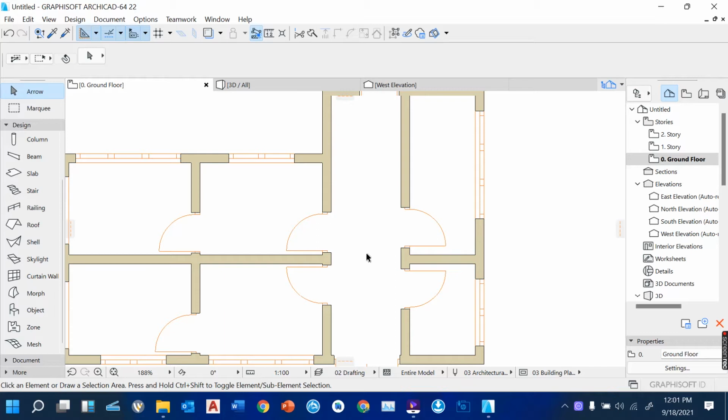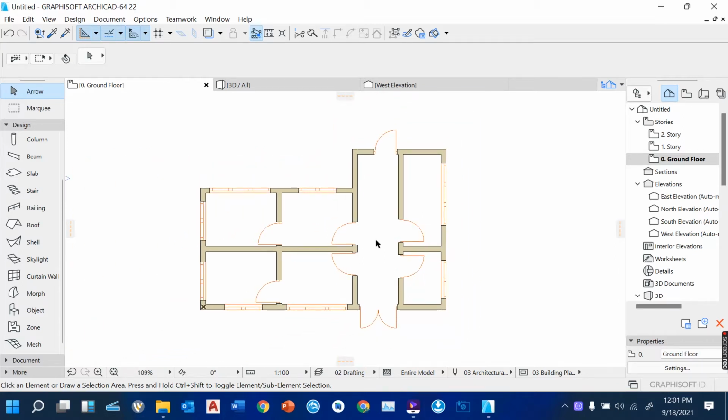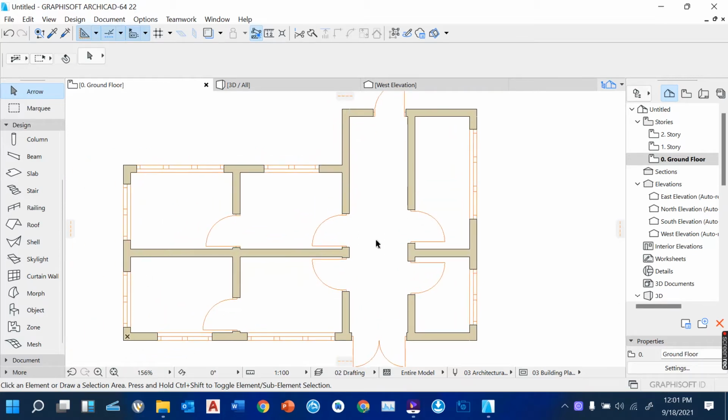To our next lesson, I'm going to show you how we can view our elevations in the navigator, and also how we can use the slab tool to draw the floor. So, in the navigator, we have